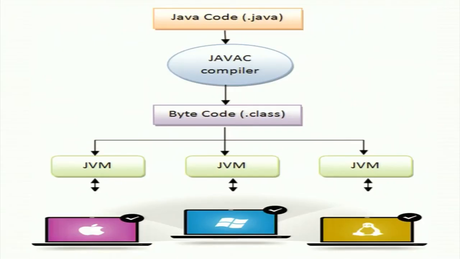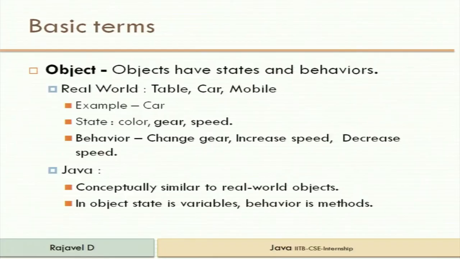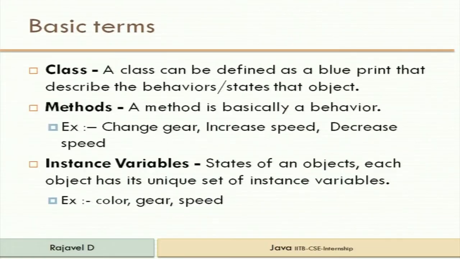And high performance, you can say it is fast. Like string is a predefined data type, you don't have to manipulate string as a character array. So this is it. It can run on all the platforms, platform independent. And objects are like, take human beings, take a car, the color of the car, the gear, the speed. They will be different objects, the states, and behavior is like changing the gear, like hearing in human beings is a function. It's a behavior of the ear. You cannot expect it to smell.